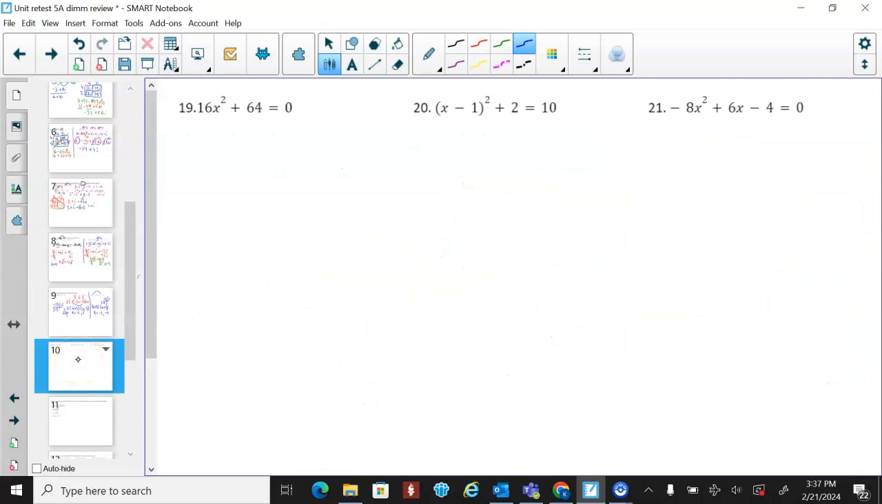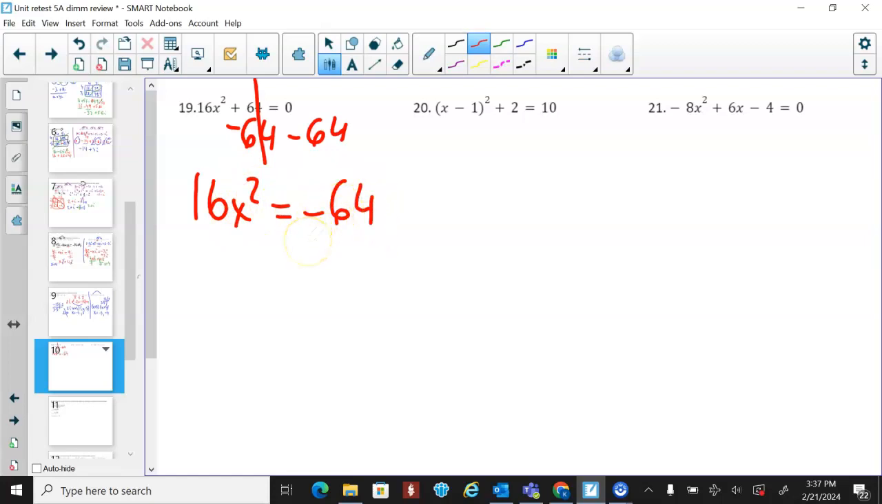All right. 19, we are missing a b, so I'm just going to go ahead and solve for x. I'm not going to try to square root anything until later, so I'm just going to move 64 to the other side. So I'm solving for x. I'm moving everything away. So 16x squared now equals -64. Okay, you are dividing by 16, not subtracting 16, okay? Dividing both sides by 16, okay? All right, so now x squared will equal